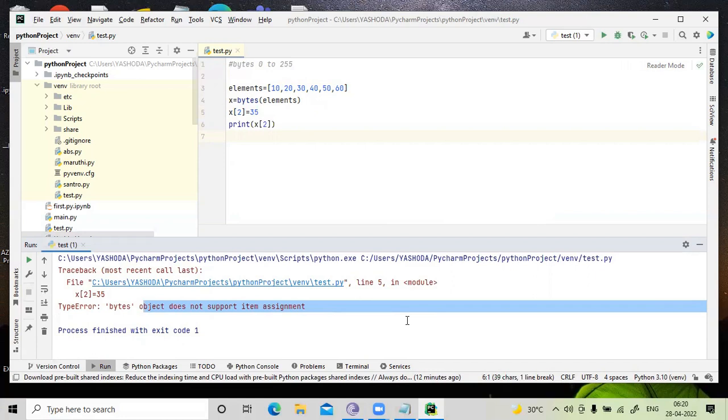So can I add anything? Can I make any modifications to the existing elements in bytes? No. So what type is it, mutable or immutable? Immutable. So bytes is always immutable. Clear now? Yes. Now, this is also bytes, which is